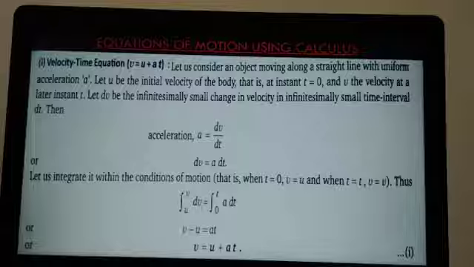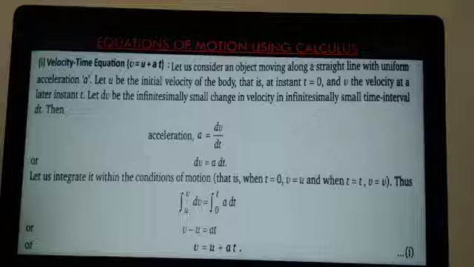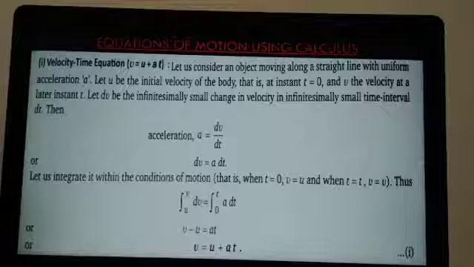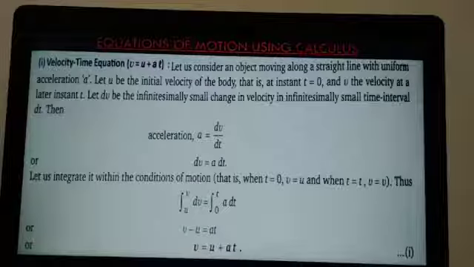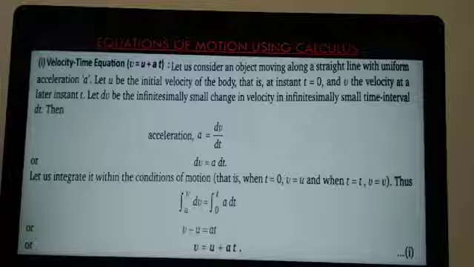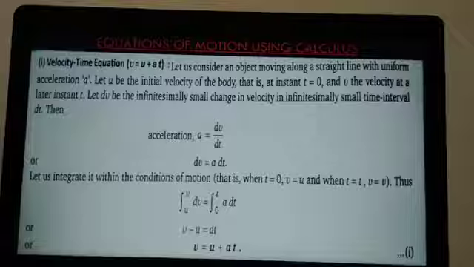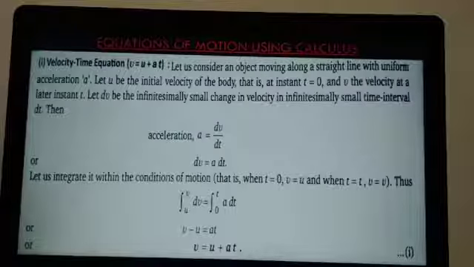Nothing much we have done. We have started with that equation a is equal to dv by dt. Then we have rearranged it as dv is equal to a dt. You are integrating on both sides. While integrating, you have to define the limits. t is the independent variable, so it is varying from 0 to t. As t varies from 0 to t, v varies from u to v. So limits are also clear. Then integrate using the equations, and finally upper limit minus lower limit. Then we are getting the equation v is equal to u plus at.